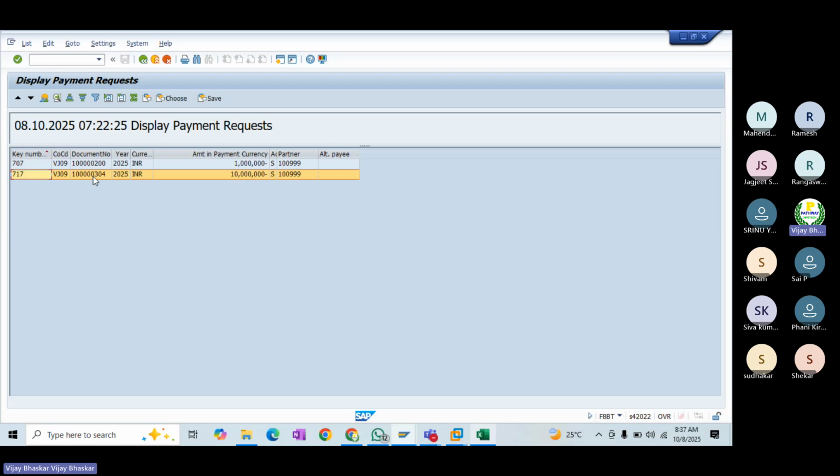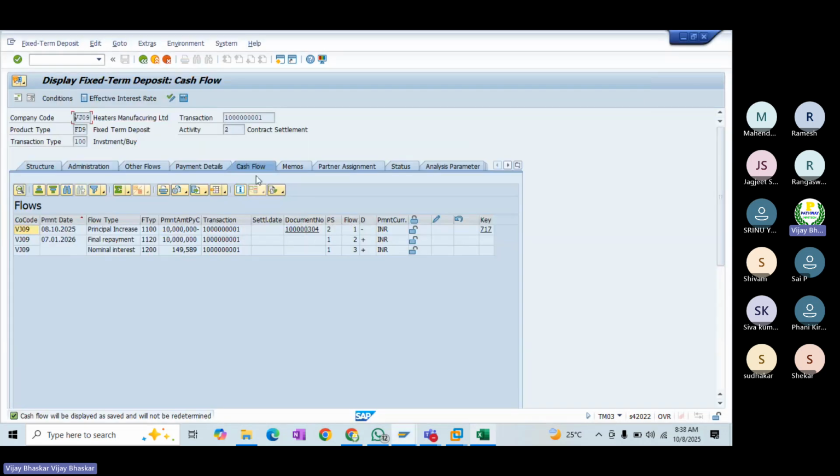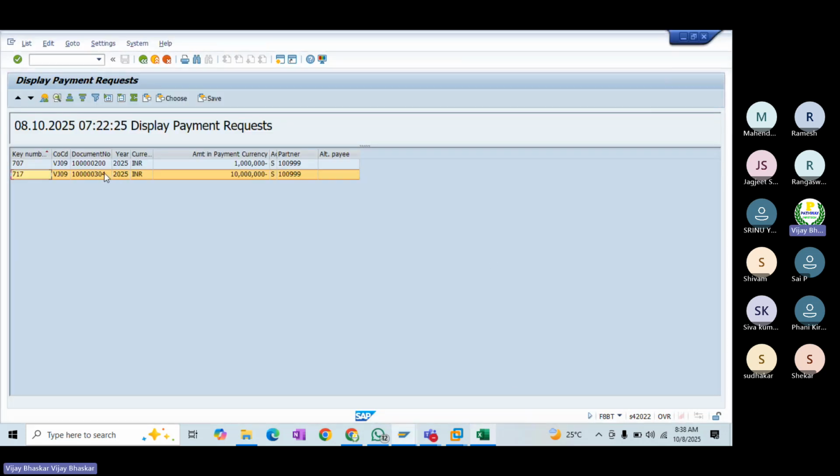And you can also correlate a document, 3041, all zeros 304. Is it the same document which is available at deal level or not? You can see that this is the deal, this is the document number. This is the key which has been created and updated here for outgoing payment. So now the deal is in open state as of now.